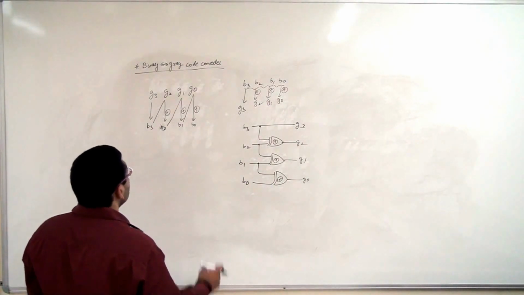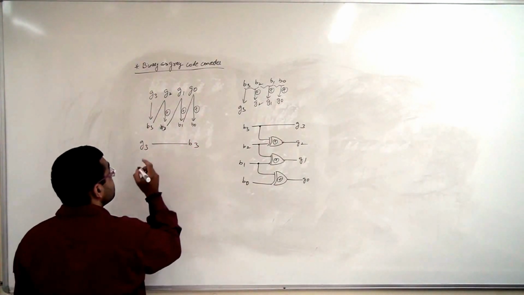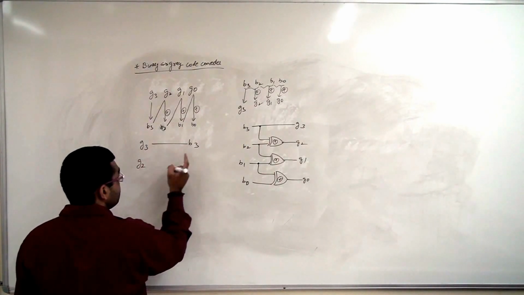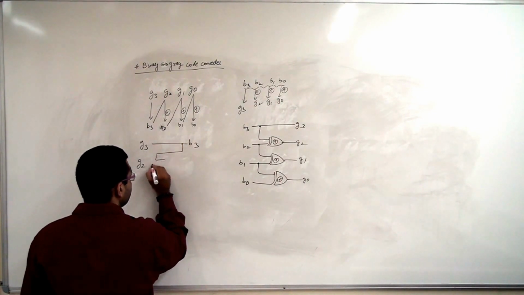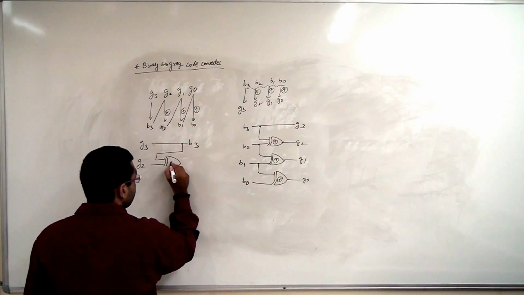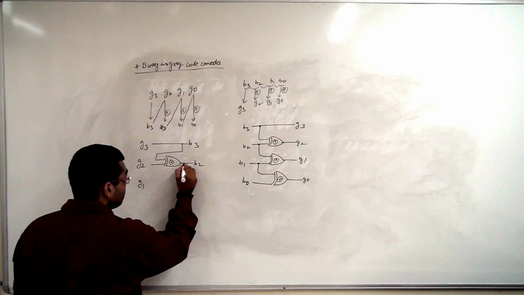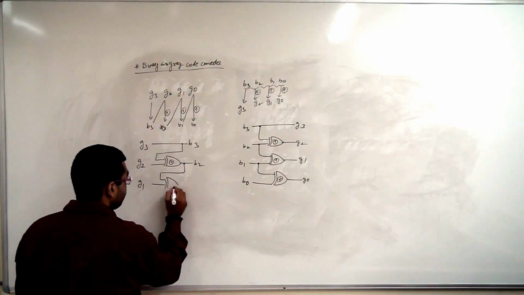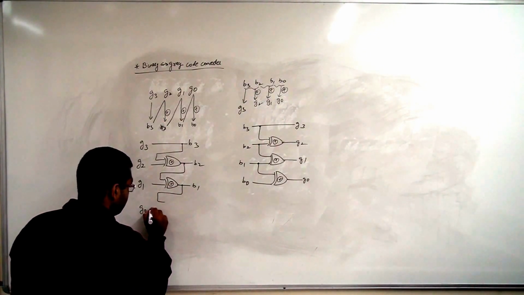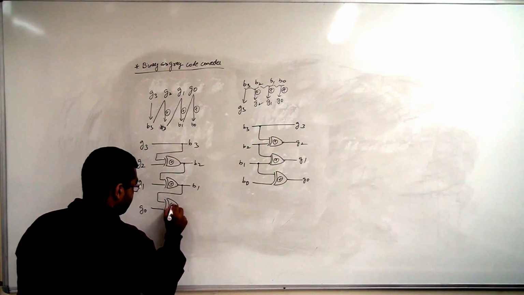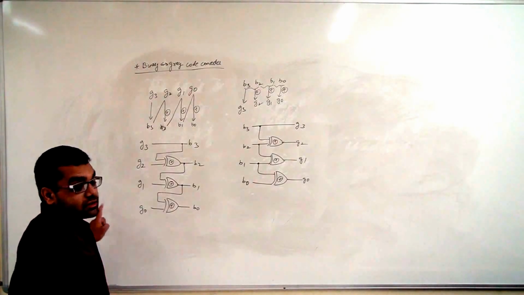Alright, over here G3 is same as B3. Now for generation of B2, we have to perform the XOR. Oh, okay. Rather, I will take it in this way so that it is not confusing. This is our B2. Now we XOR B2 and G1 to generate our B1. Now I XOR B1 and G0 to generate our B0. This is a gray to binary converter. This is binary to gray converter.